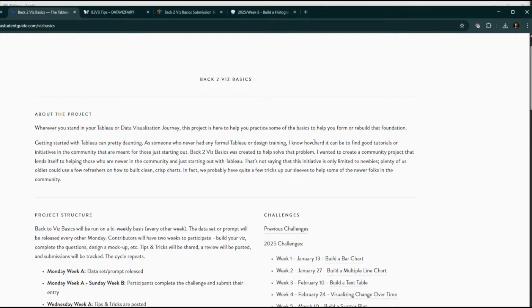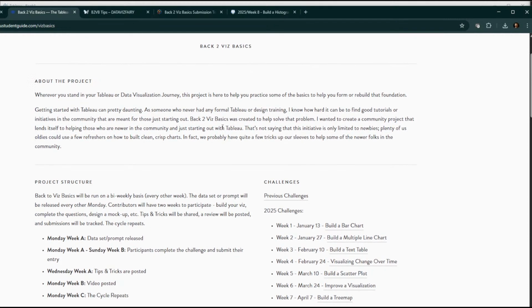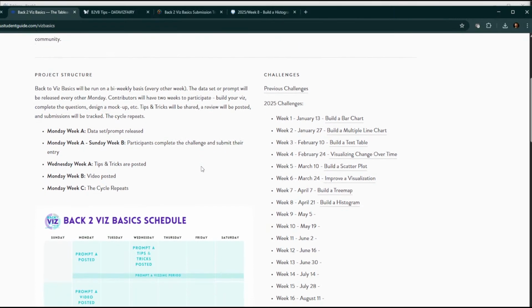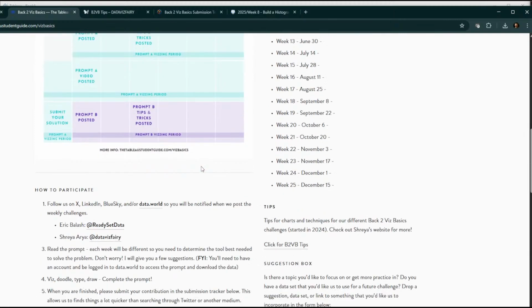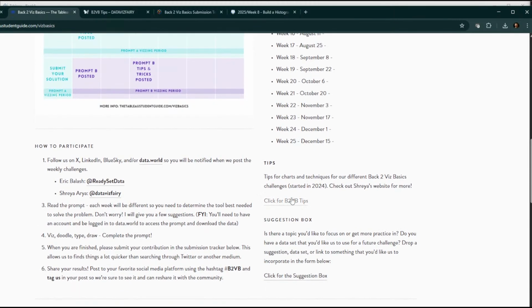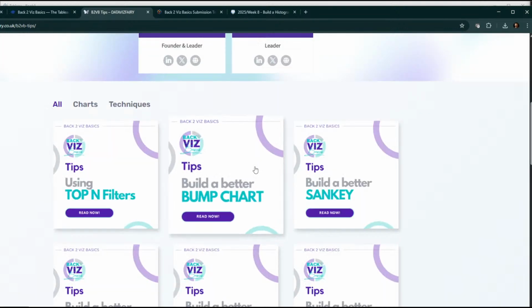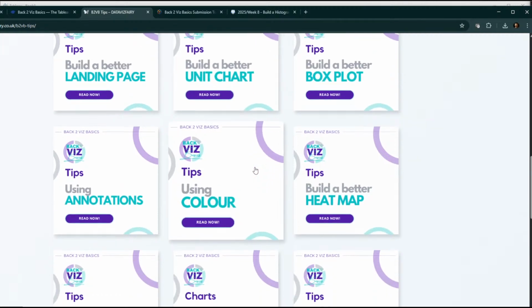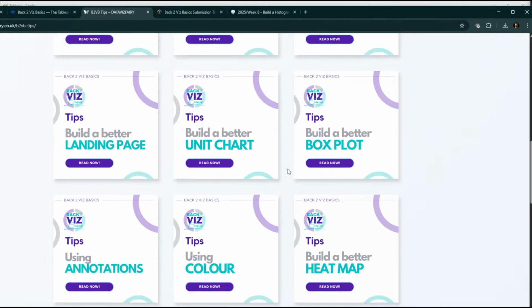Everything that you need to know about our challenge is here in our Back to Viz Basics website. So our previous challenges are linked here. Our current challenges are linked here. And we do have our schedule in here as well as a suggestion box, and you'll want to check out the tips. So with every week, Shreya releases some tips and tricks around how to build different types of charts that live on her website, and this is a great resource